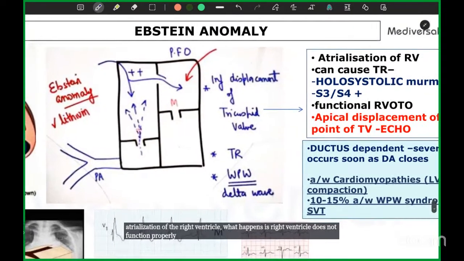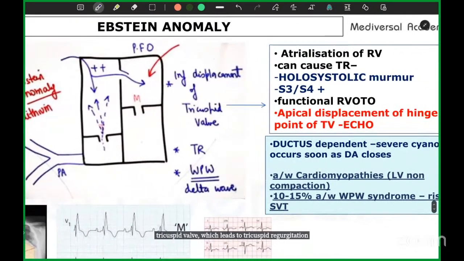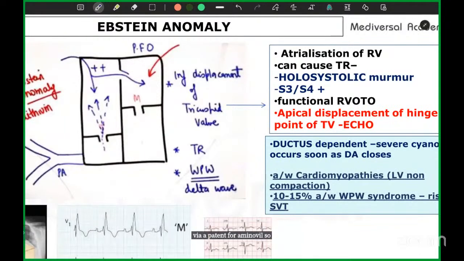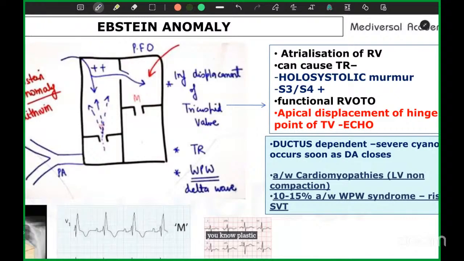Also, there's a regurgitant tricuspid valve, which leads to tricuspid regurgitation. And due to this, the right ventricle is no more able to pump blood into the pulmonary circulation. What will happen? This kid needs to be kept alive via a patent foramen ovale. So the tricuspid valve is already inferiorly displaced, the right atrium is bigger, plus it is regurgitating. The blood will never reach the right ventricle and the pulmonary artery. It will just have to go via the right atrium through a patent foramen ovale and move to the left